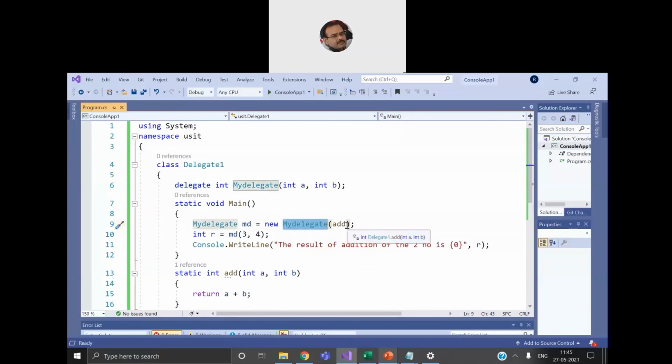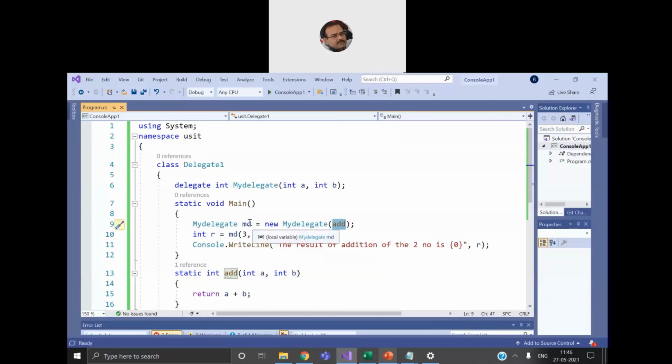Now what will it receive? Normally, whenever we instantiate a class, by writing parentheses we make a call to the constructor of the class, maybe a parameterized constructor or the no argument constructor. So any type of constructor we make a call to, but here we will not make a call to the constructor, we will pass the reference of the function. So which is the function? add. So we pass the reference of the function add here.